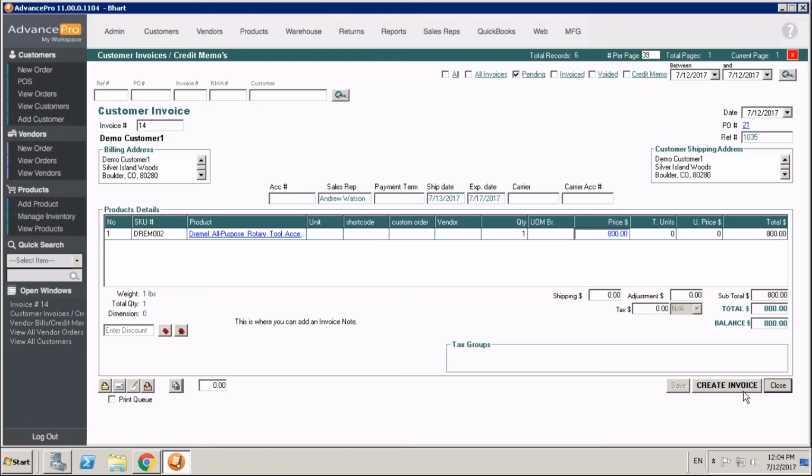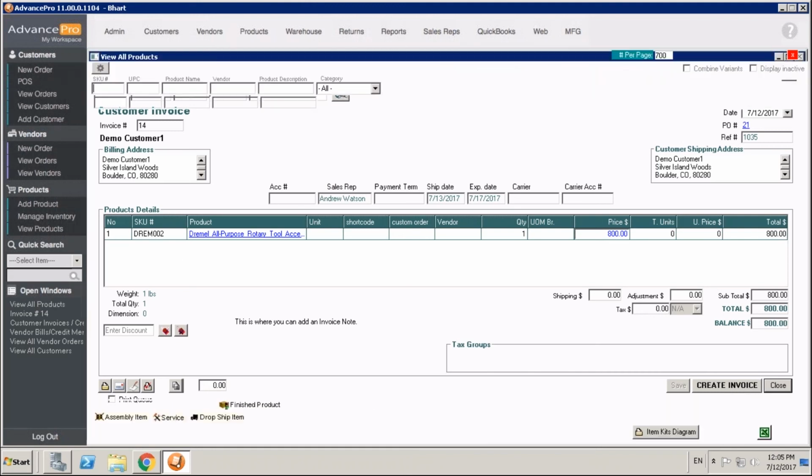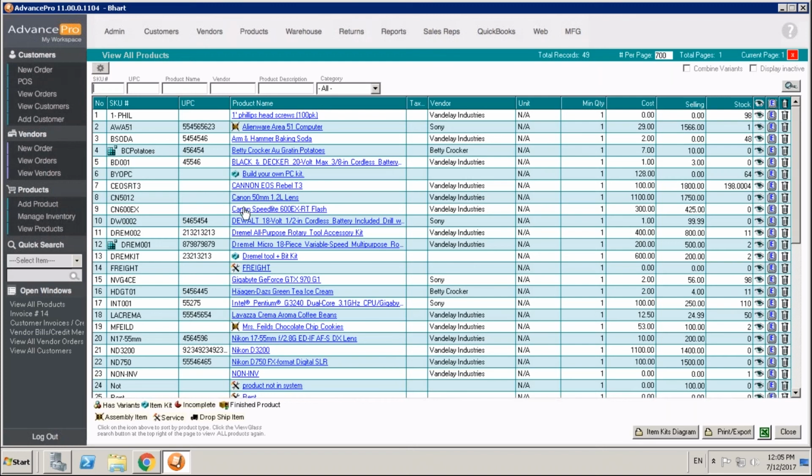Now, there's a couple of other areas I'd like to touch on, and one is a setting I'd like to address. If we head over to the product settings, there is a way to set a product to drop ship by default every single time. So if we go to products, we're here in view products, and we click the E button for edit, we're going to be able to open this up. We're going to go to additional info,